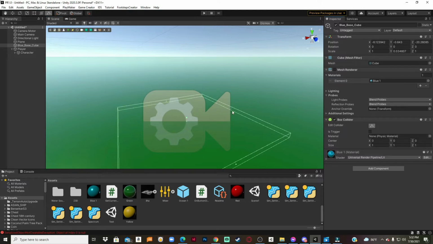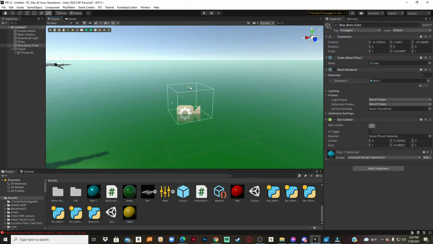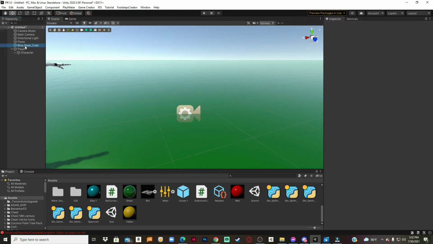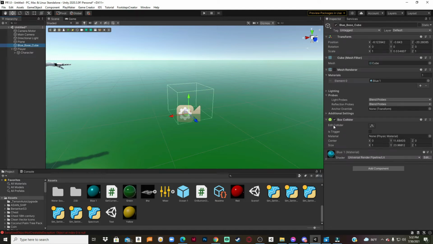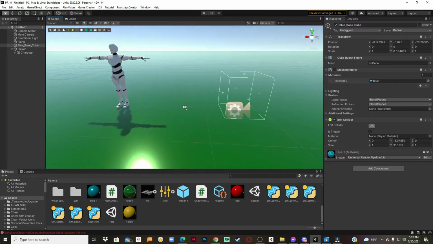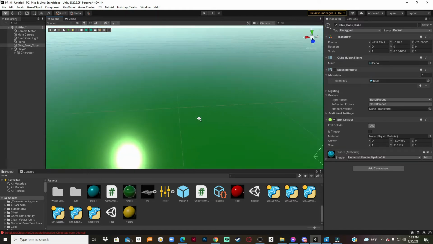You'll notice that there's dots that have shown up on our box collider. If you click the middle one, or actually the upper one on the top of the cube, or the base in this case, we'll just click that and bring it up to a nice amount. I messed up and clicked off of it, but we can always click and edit the collider again, and I'll just bring it up to a nice amount, just enough to where the player would be able to walk